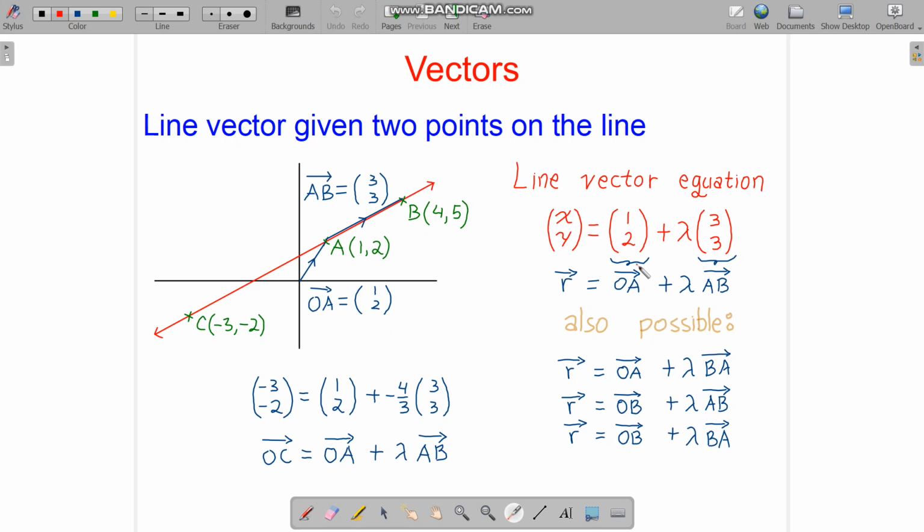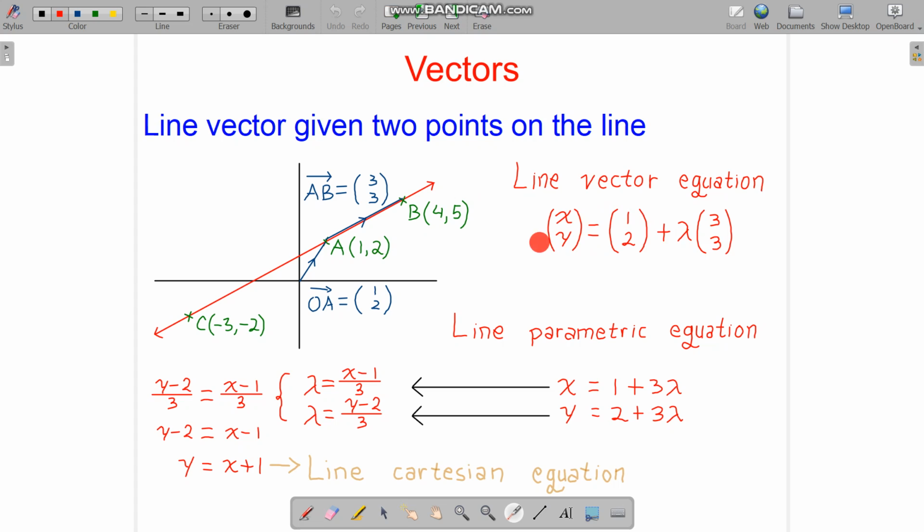So for example here, the point C is on the line. So if it's on the line, of course, the (-3, -2) here must satisfy the line equation. So it's 1/2 plus -4/3. In this case, the lambda is -4/3. This is called the parameter. So in this case, the lambda value is -4/3 times the direction vector from A to B. Okay, from A to B you go here (3, 3). So